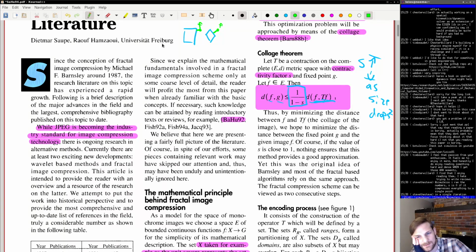So if S gets smaller as you contract down, then that basically means that this value here, doesn't it also get smaller as you contract down? Because if S is equal to 1, then this is going to be infinity. If S is equal to 0.995, then this is going to be very close to infinity, right? So how does that make sense? Because if this is super close to infinity,